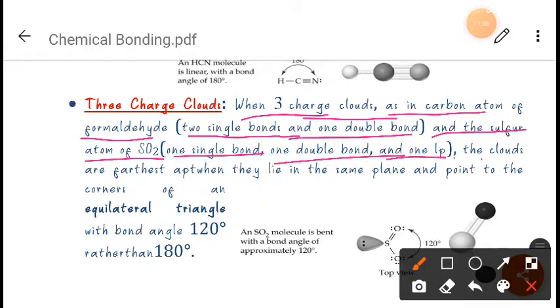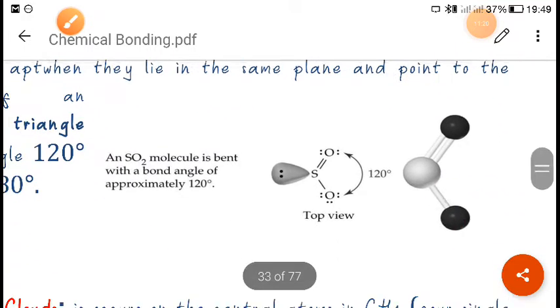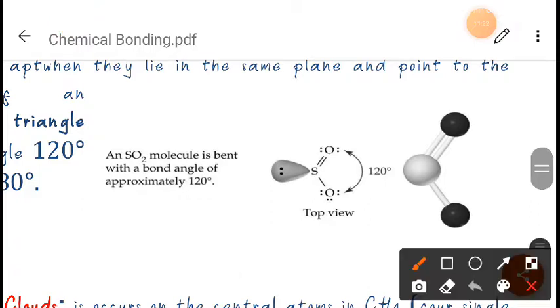Okay, so the clouds are farther apart when they lie in the same plane, pointing to the corners of an equilateral triangle with a bond angle of 120 degrees. As you can see, the example of SO2 is given here. Due to the lone pair, there will be a repulsion at that time. The bond angle will be 120. Okay,